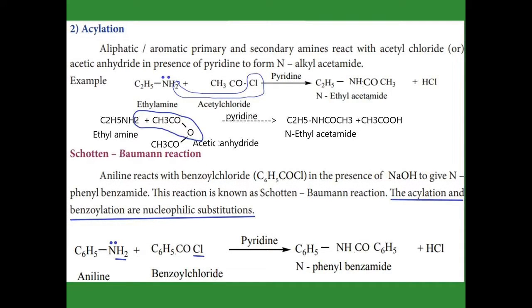Primary amine and secondary amine undergo acylation reaction. What is acylation? We add acetyl chloride to the primary or secondary amine, or otherwise we add acetic anhydride to the primary and secondary amine. First see the reaction. Ethylamine is a primary amine. When it is reacted with acetyl chloride, one of the H from the ethylamine is taken away by the chlorine from the acetyl chloride. Remaining things we add, so we get